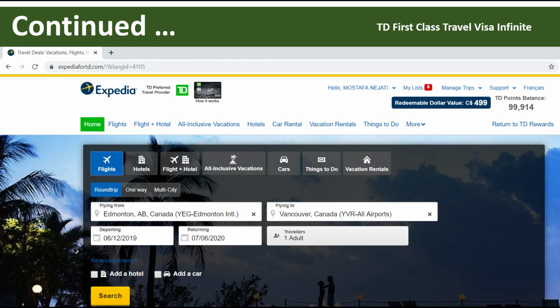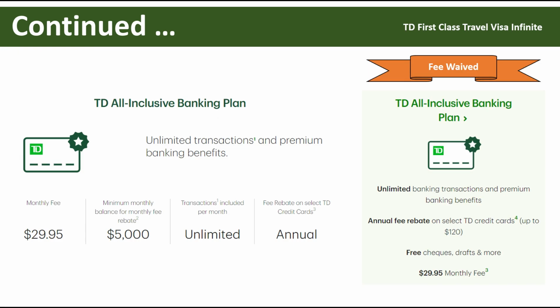For me, when I opened this card, they had somewhat of a similar offer, but at the time they were offering 80,000 introductory points, a little bit less than what they're offering currently. So I managed to spend a certain amount of dollars in the first 3 months and gain access to that 80,000 points on my card. Although this card has a fee of $120, there is an interesting package that TD Bank offers